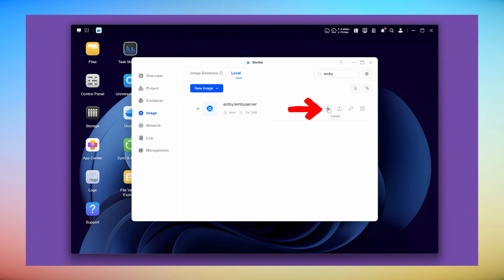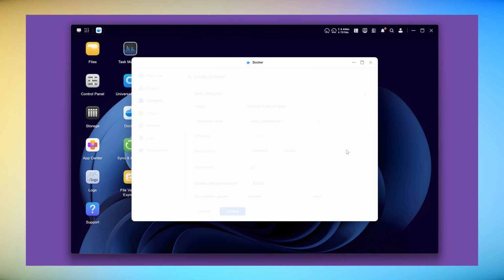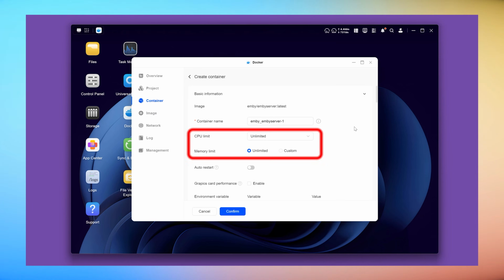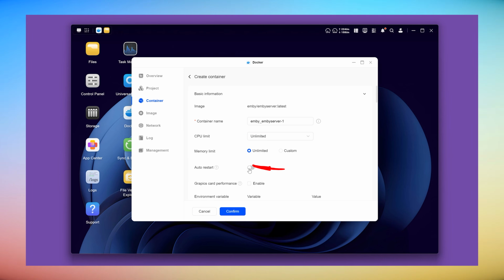Once finished downloading, click on the Create icon, which is represented by the plus sign. You can rename the container as required or leave as default. You can also leave the other settings directly below as default unless you have a requirement to throttle performance to free up resources for other containers and processes running on your NAS. However, I do recommend toggling on Auto Restart. In the event that you restart your NAS for any reason, the container will automatically relaunch,